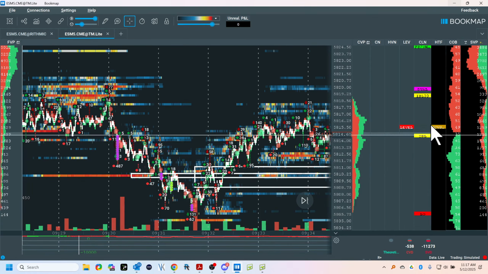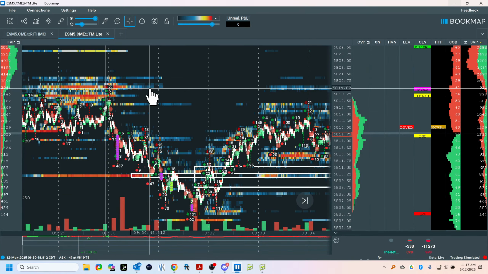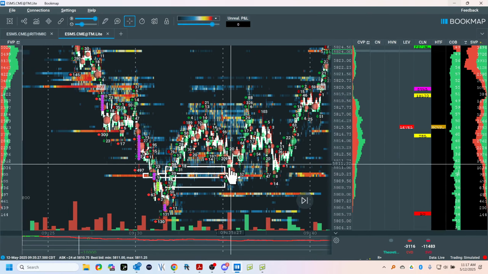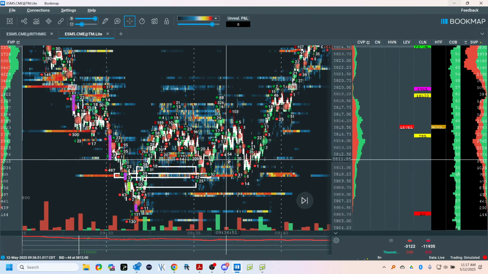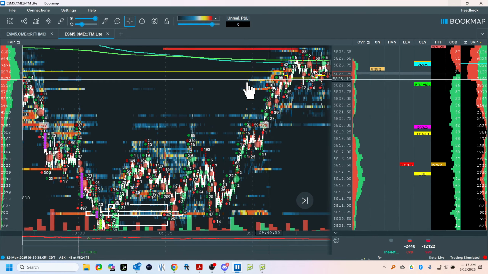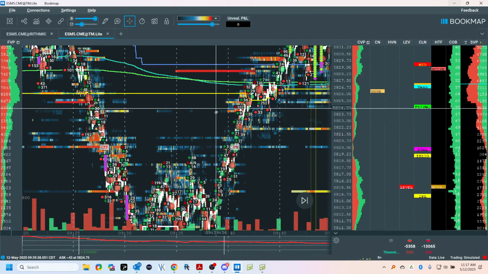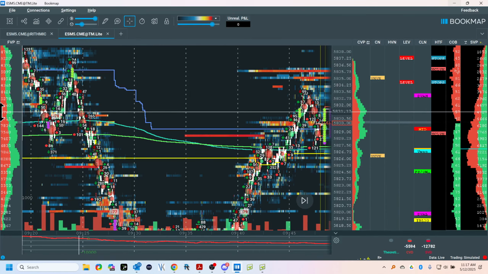Now, if I can get over this, then I come all the way back across and start squeezing these guys out. Support. Where do we come? Support. You see? So, up to you. And this trade, the goal is to come here for the scale, and then it's short again. I think I have one more trade I got to take here before I had to stop. Let me just see if I can find it, guys.